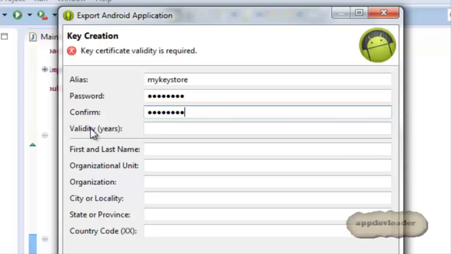Then next it's asking for the validity period, your certificate validity period, which is required. It's like the maximum number of years your application is going to stay on the phone before it expires. 25 years is recommended. If you enter less than 25 years, you get a warning. So let's just try to enter 20 years so you understand what I mean. So you can see, okay,